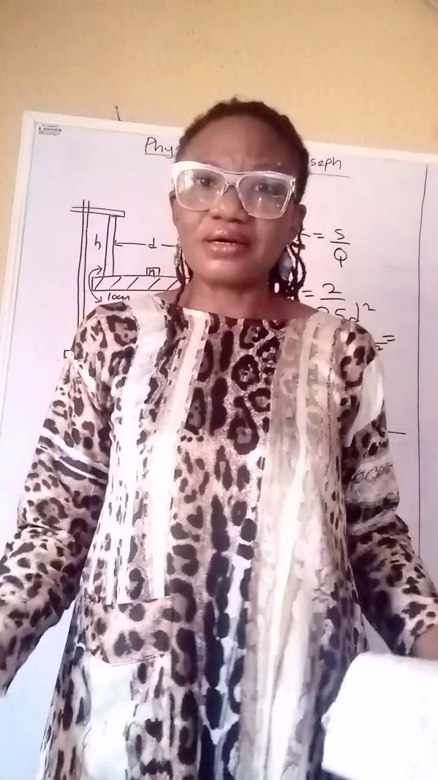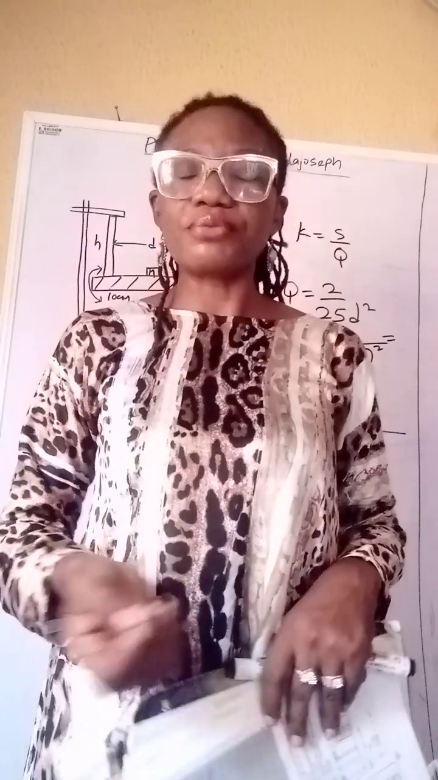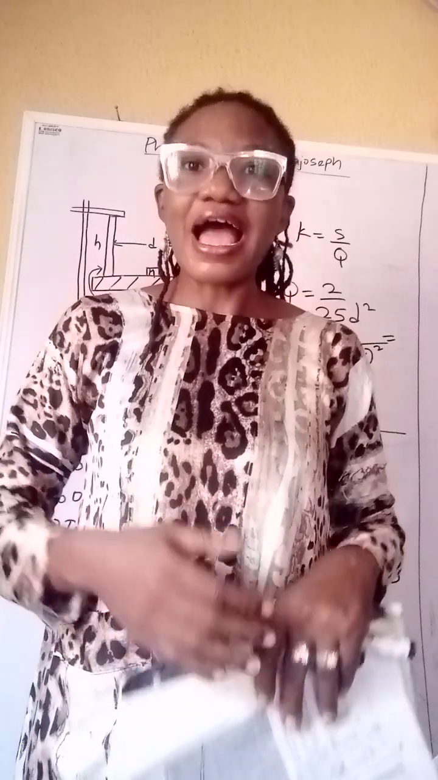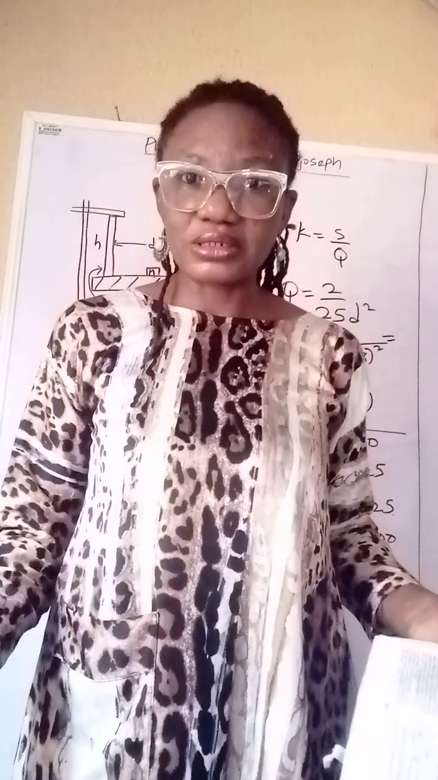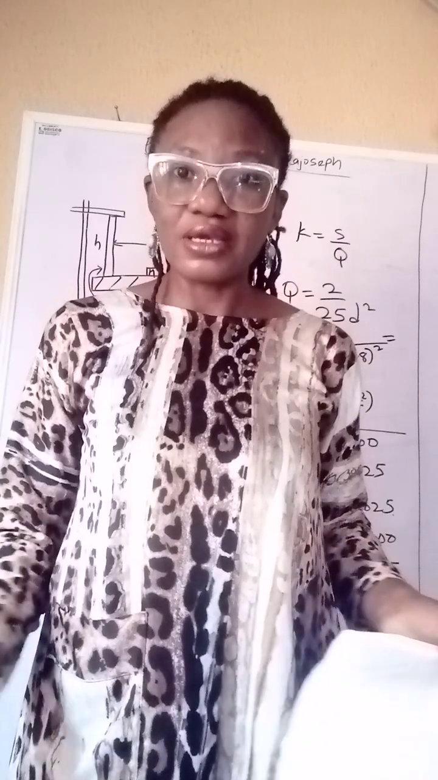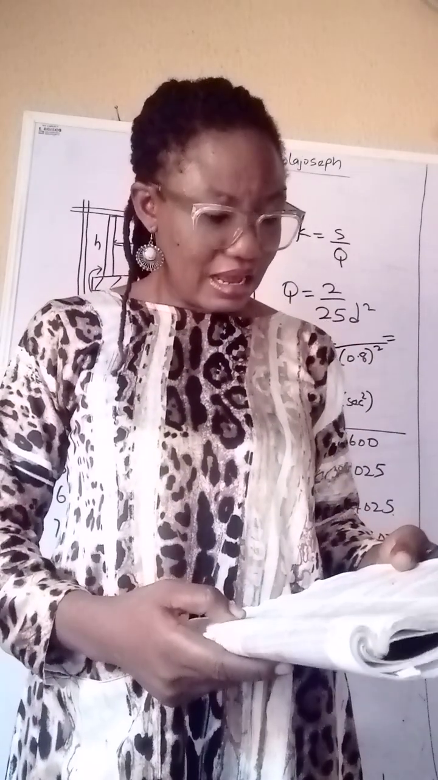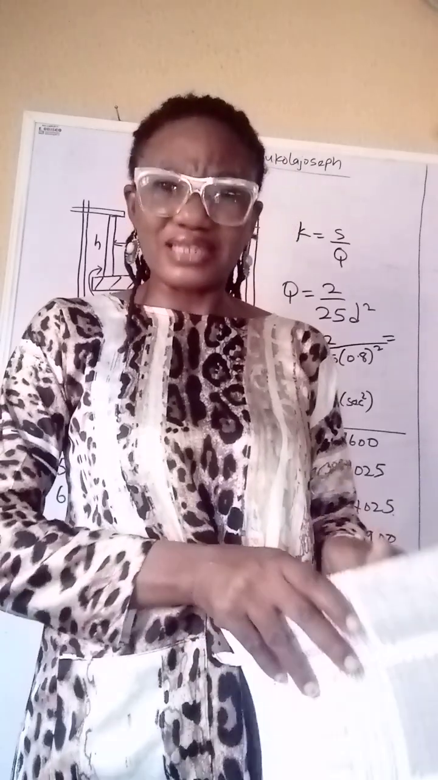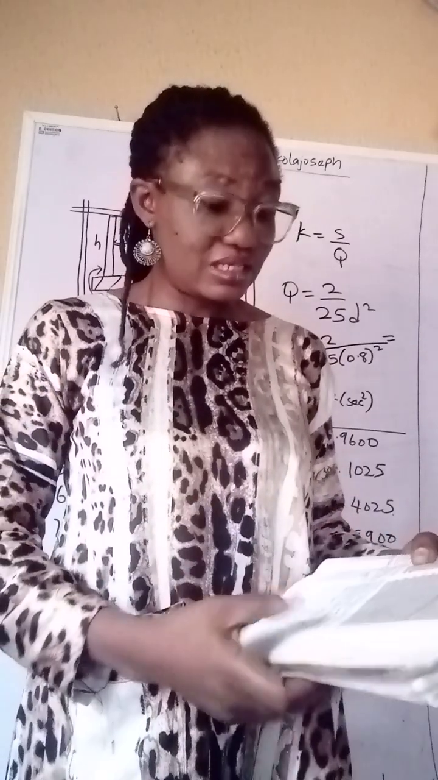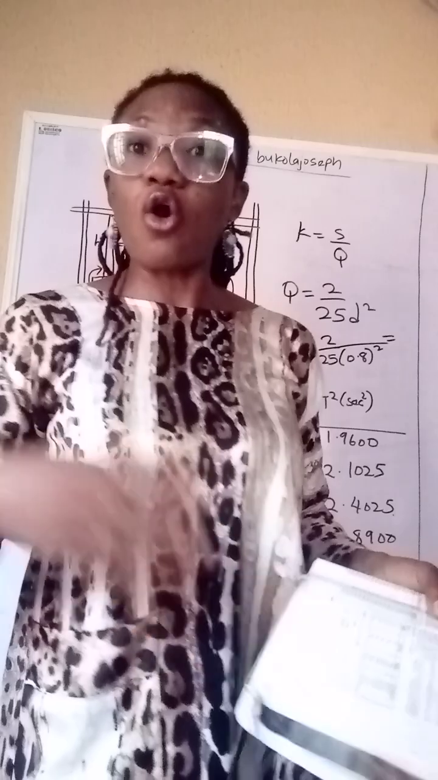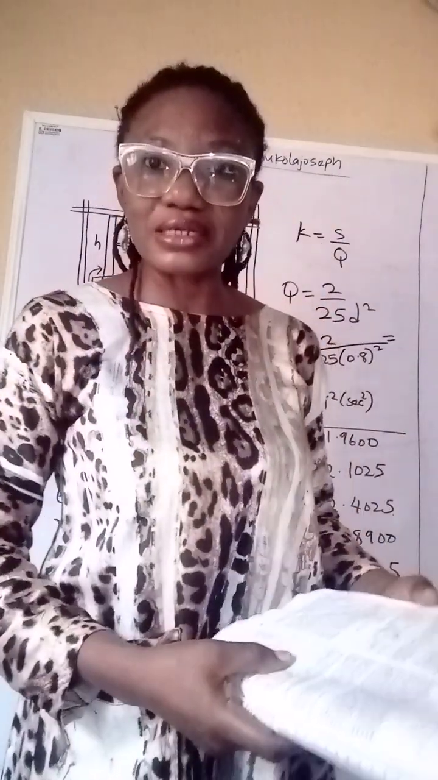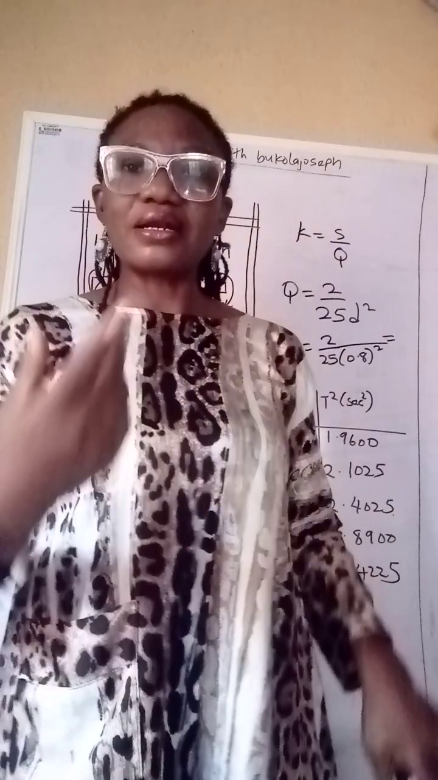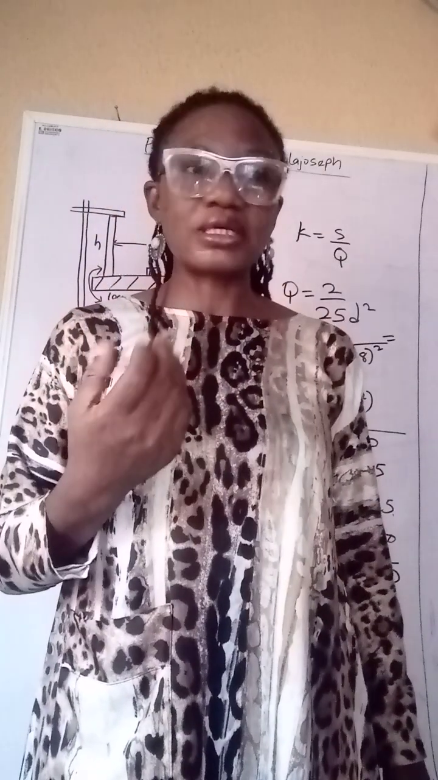Another precaution you could also state is I avoided draught. Another precaution that is easy, I think those are the two easy precautions for this experiment. There are other good precautions, but I think these are the two simplest. And another one is you ensured